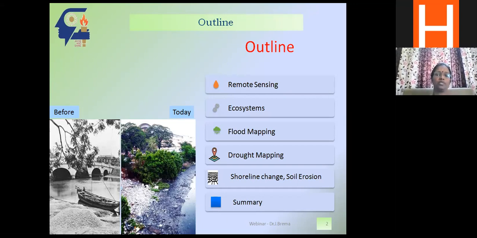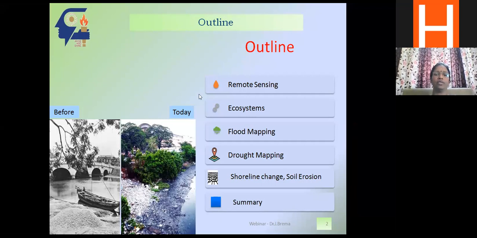Now let's see an image here. After all, the basis for all the studies is how we mismanage our earth surface. That is what remote sensing is all about. We want to manage our resources in a better way so that we don't misuse them. That is the objective, and that is what sustainability is, what we are talking about now. You see an image of a particular river in Chennai, which was used for navigation in the 1960s, 1970s also.